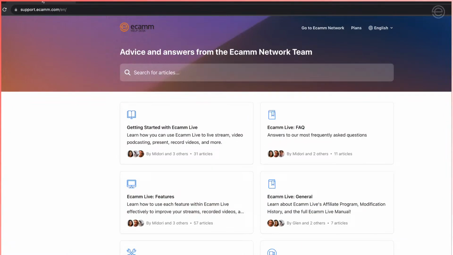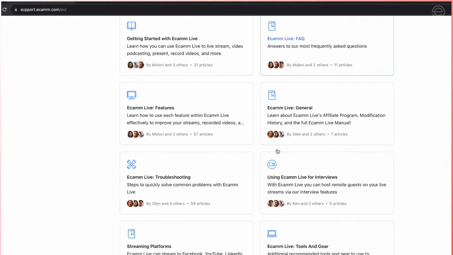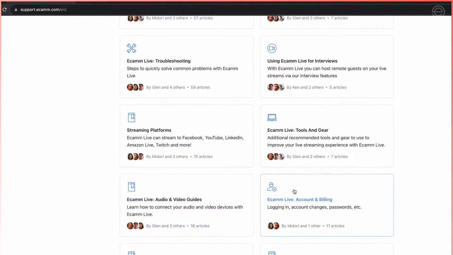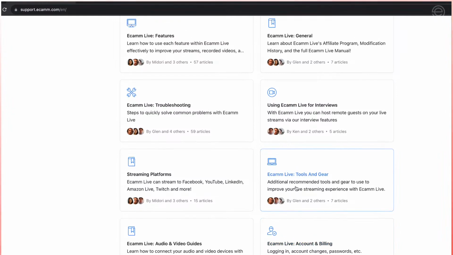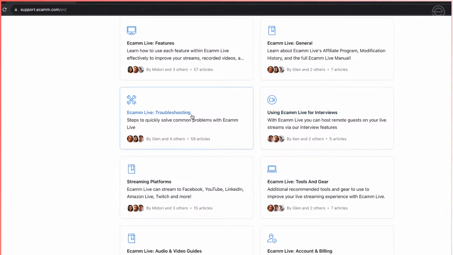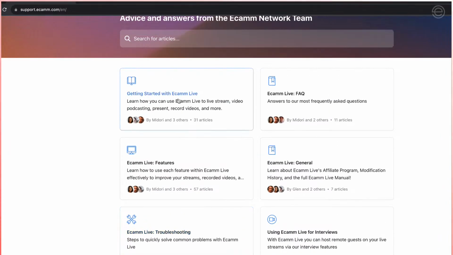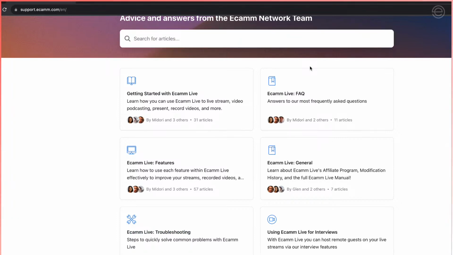So let me see if I can get this working. All right, so this is ecamm.com/support, support.ecamm.com. And in here you have all these amazing documents, all this knowledge base where you can just search for anything that's happening to you: Ecamm Live audio issues, account and billing, tools and gear, using Ecamm Live for interviews. These are a lot of things that we see in the Ecamm Live community. If you are looking for anything in here, for example, setting up audio,